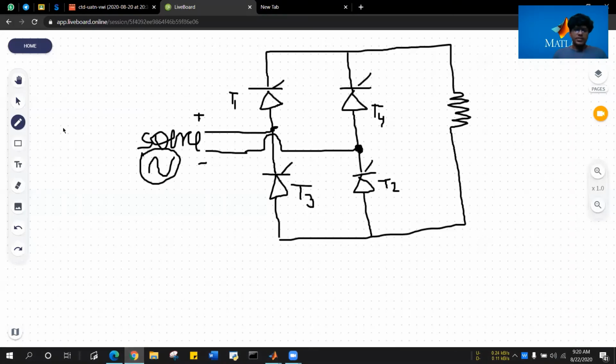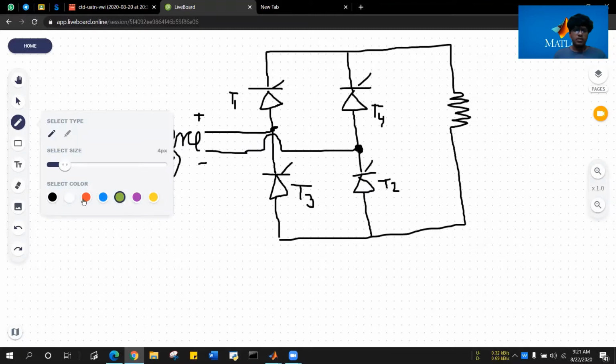Let's have some prerequisites. This is a full wave rectifier. Basically, full wave rectifiers are of two types: the bridge rectifier, and the center tapped one. The center tapped one is the one you must have read in the initial classes, like in your +2, having two diodes and the load connected here. Two diodes, one forward biased at one time while the other is reverse biased, and similarly, the other one reverse biased and this one forward biased. What we are going to do in Simulink today is the bridge rectifier.